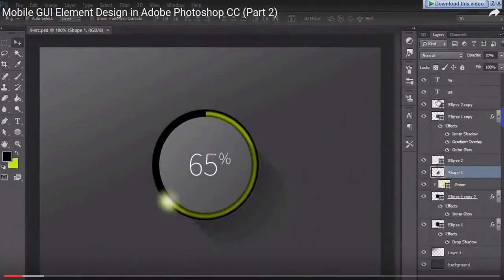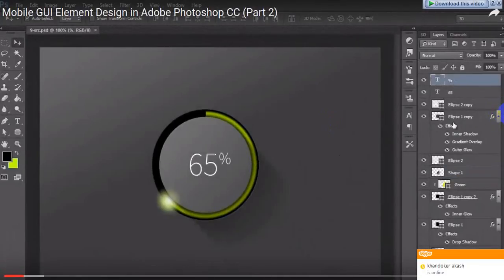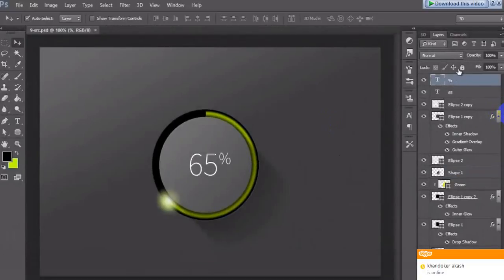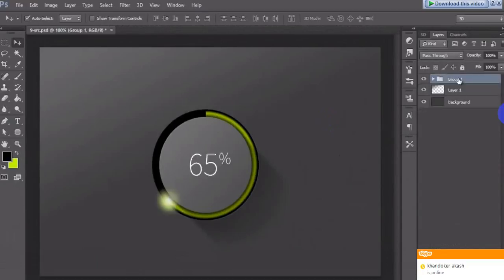Okay, so the first thing I'm going to do is go ahead and take all of these layers and group them up. So let's take the top layer and then hold Shift and select all the way down to here and hit Control G, and we'll just call this radial, and we're going to leave it here in the center, and then to the left we're going to create some